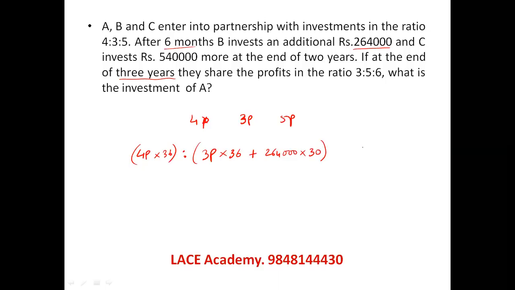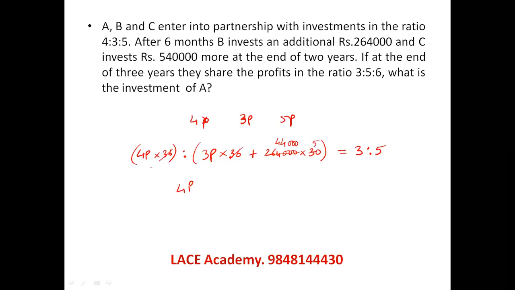I could take C also, but luckily you see A doesn't have any additions or subtractions, and we need to find out this P value. So I'm just taking A is to B. Why should I worry about C? From this, if I cancel 36 here, I can cancel 36 here, by taking 6 from here and dividing by 6. 6 into 6, 36, right?